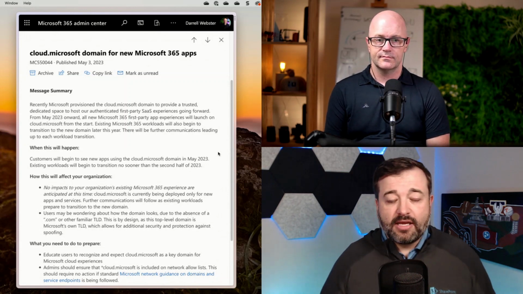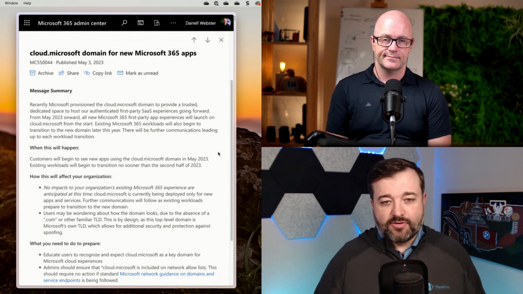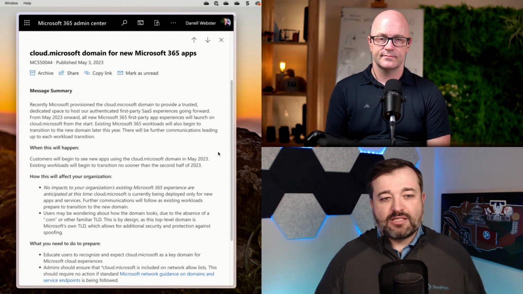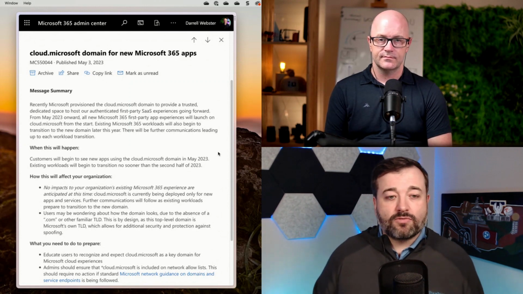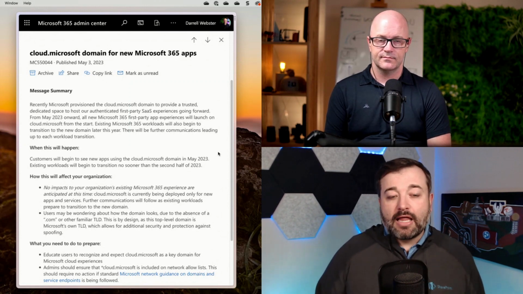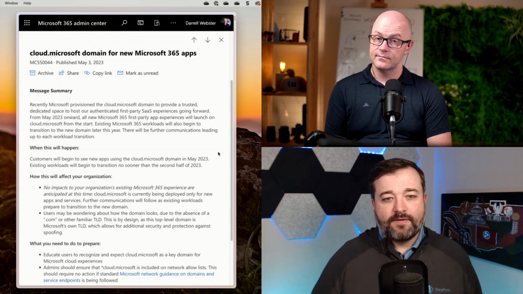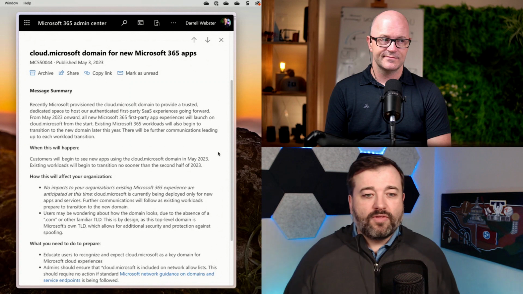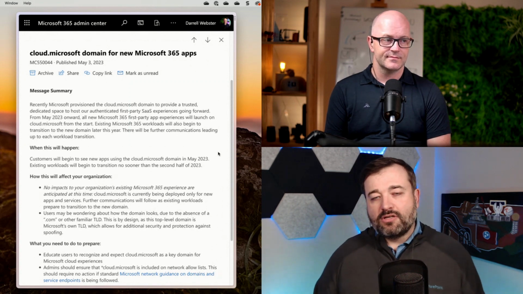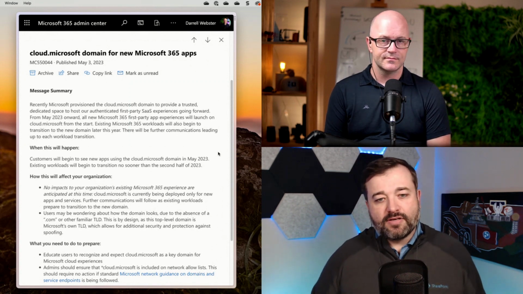At first, any new Microsoft 365 first-party app experiences starting this month, May 2023, will launch on cloud.microsoft from the start. And then existing workloads will then begin transitioning to the new domain later this year.